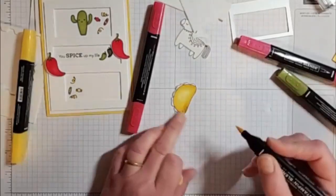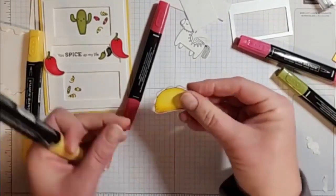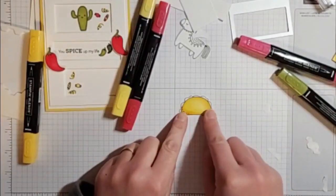Okay, and I'm intentionally not going right into the center because I kind of like how it has that sheen now, like a light is hitting it. So I'll bring it up a little closer so you guys can see how that turned out. Okay, and now my taco has